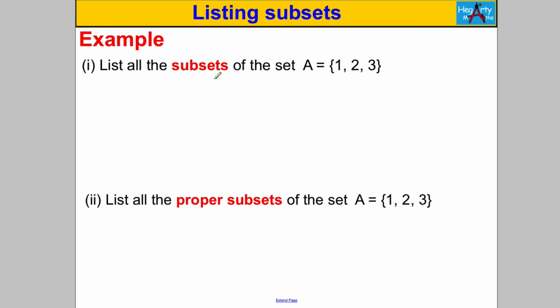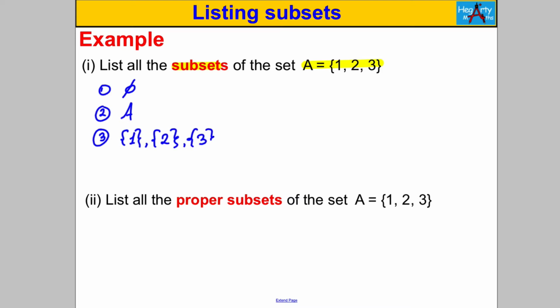Right, we're asked here to list all the subsets of A. A is the set with elements 1, 2 and 3. Now, the first thing to do is, they're not proper subsets, so you always know that the empty set is a subset, and secondly, you know the set itself, the set A, is a subset of A. That is a rule. Now, the next thing you need to do is list the subsets that have one element in them. So they would be the sets {1}, like that. You must put the brackets around them to show they're sets, {2}